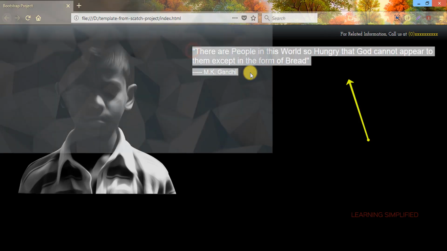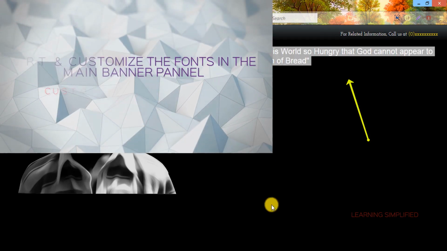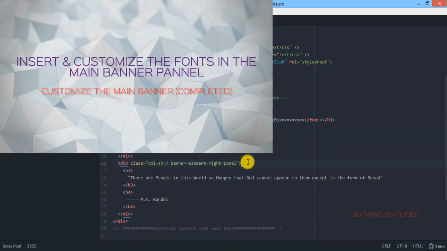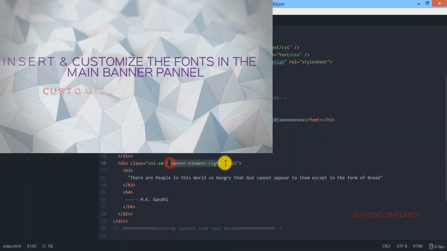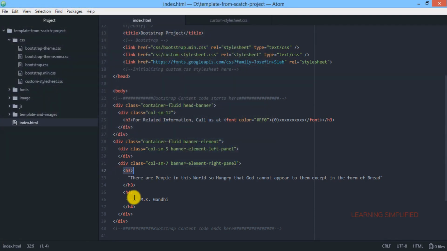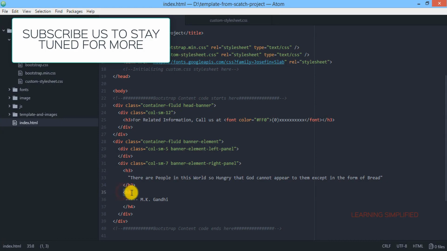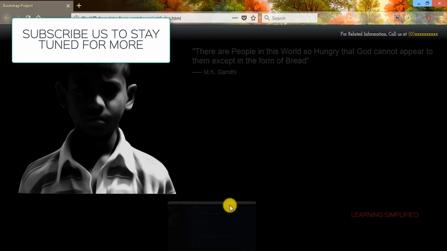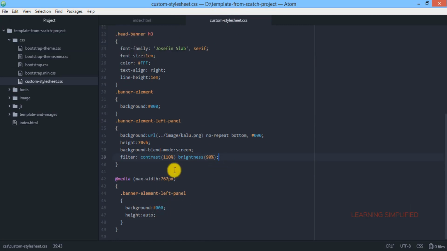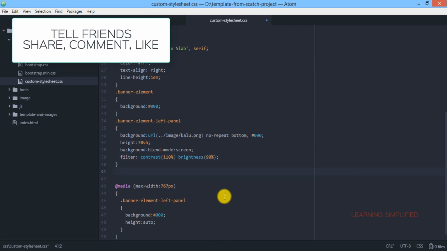Now we have to rectify this text element. So what to do in that particular case? Let's get back to index.html, and here in this banner element right panel, we need to rectify this h3 tag first, and then we need to customize this h4 tag. So all we are doing now, we are getting back to our custom style sheet,